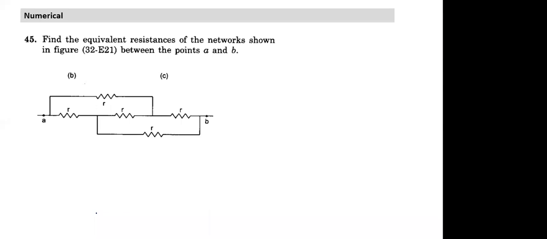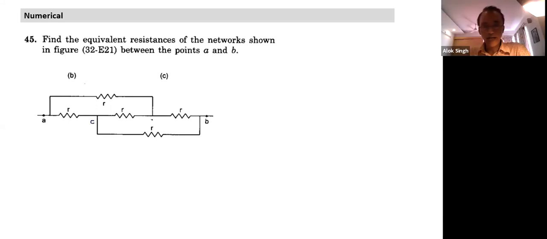We need to redraw the circuit, or we can judge by the potential points. If I redraw, I can take this point as C and D. How many junction points? A, B, C, D, like a Wheatstone. So between A and D one resistance is connected, A and C another, and C and D another. All the resistances are connected like this. Mentally, I can quickly see it is like a Wheatstone.